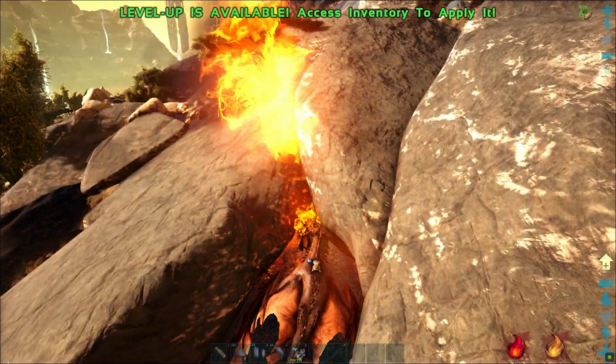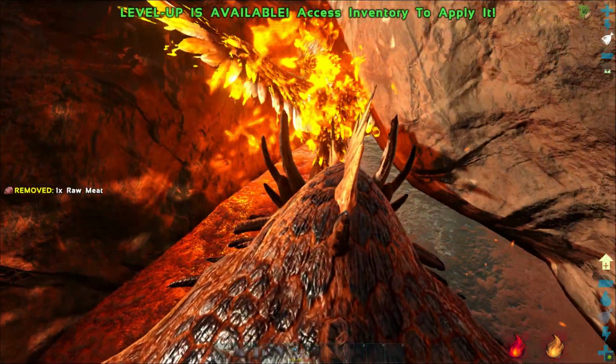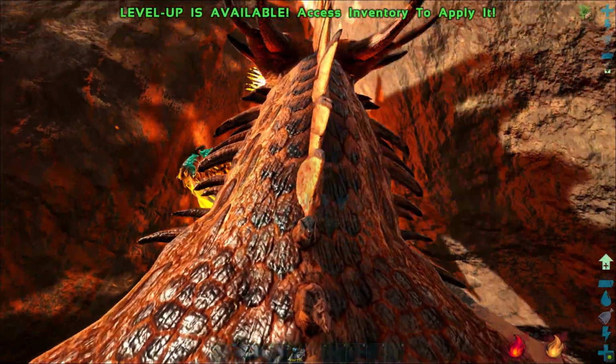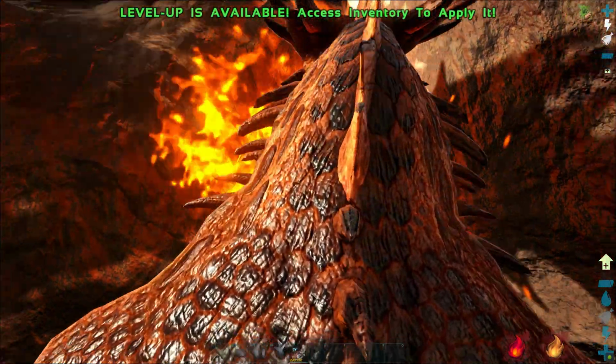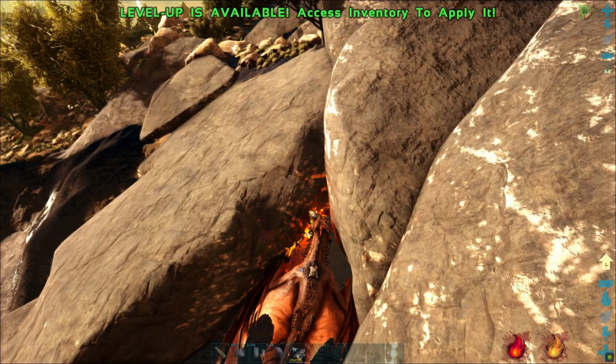Now, you may find yourself lucky from time to time with a phoenix like this that is pretty much trapped itself in a little corner here. This is going to be very rare. In this case, you can use a wyvern to just blow your fire breath on it, and it will start taming. If you're going to do this though, I do strongly suggest that you use the wyvern's head